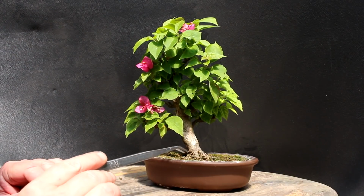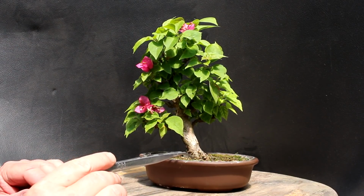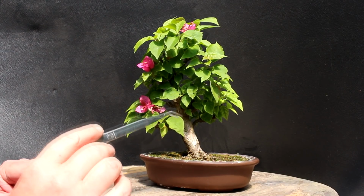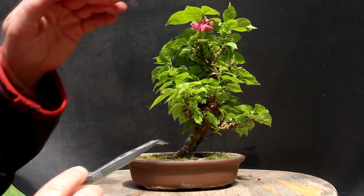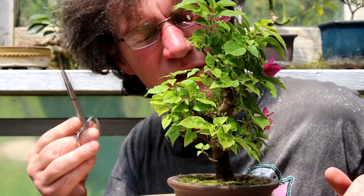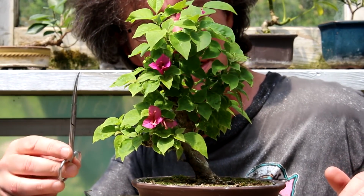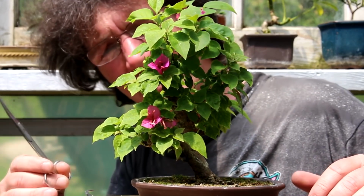When we repot today, we're going to raise the tree up a bit more. It's sitting a little low in the pot right now to expose our surface roots more. We're going to reduce the height of the tree. If we take it around back here, we're going to reduce the height down to somewhere about here. Eventually, I can see this tree as a rounded silhouette on the top, which will really show the flowers